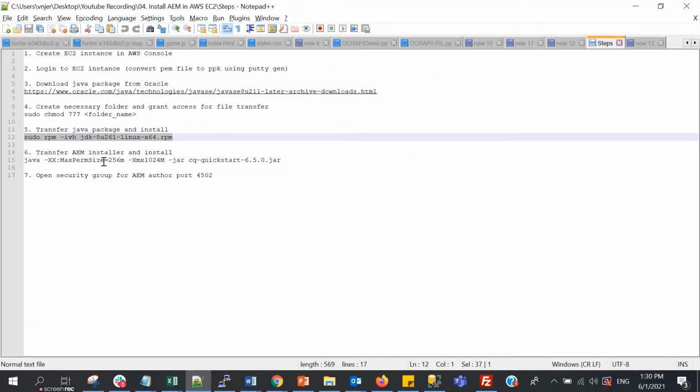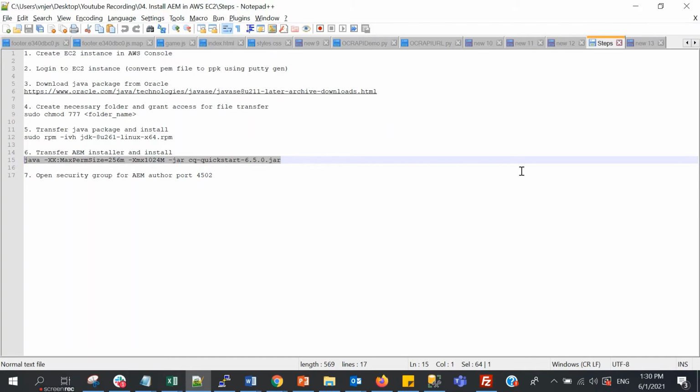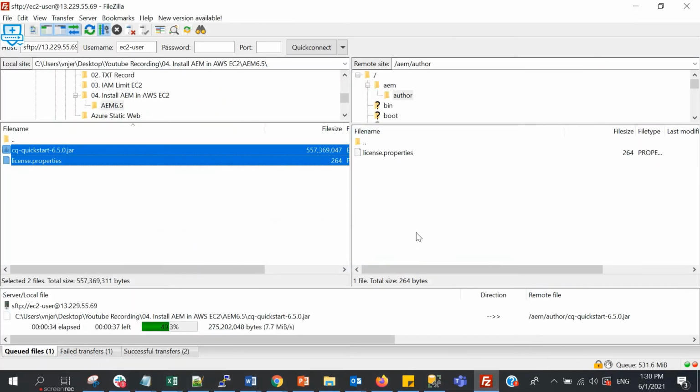Okay, the next step, after transferring the AEM installer, is to install it using this command. Let's wait for a few more seconds until the file transfer is completed.